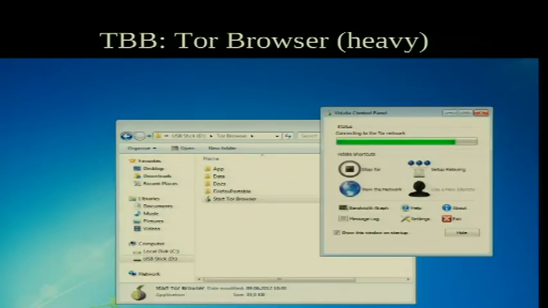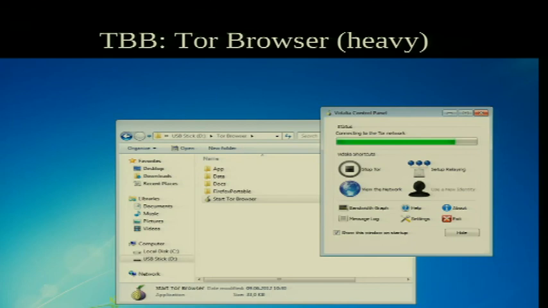Okay, so the main way that we recommend using Tor is the Tor browser bundle. It's a suite of applications, including a modified Firefox and Vidalia and Tor and so on. And the goal is that it's a self-contained approach that you can stick on a USB key and take around, and it has everything that you need inside it, so you don't have to install stuff and smear it around your hard drive.